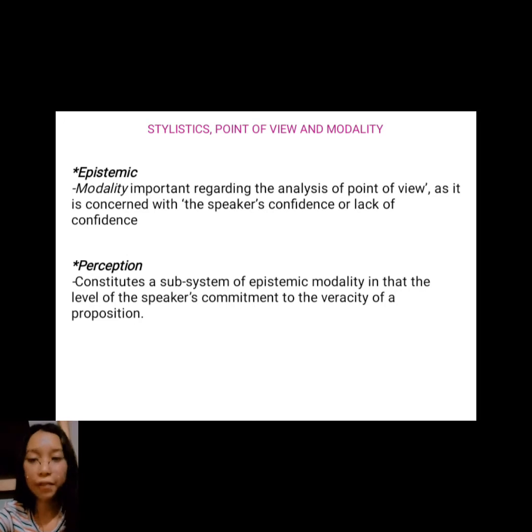And through epistemic modal adverbs, for example, maybe, possibly, certainly, and probably. Next is perception. Perception is the level of the speaker's commitment to the veracity of a proposition based upon a reference to human powers of perception, usually visual perception. Perception is conveyed through adjectives plus be, that, and be to constructions. For example, it is obvious that he is wrong. And through their related modal adverbs. For example, obviously he is wrong.